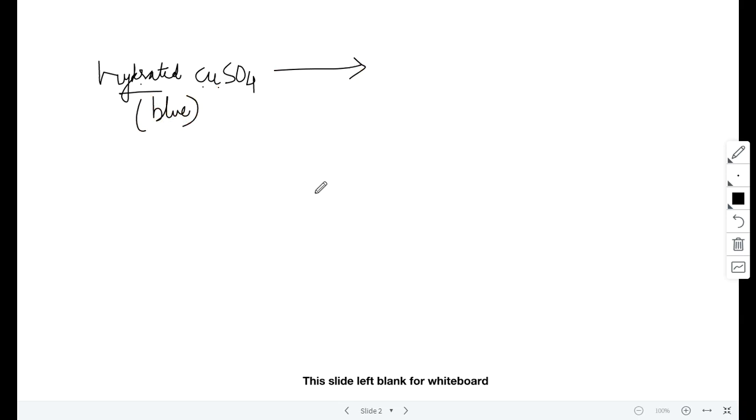So when you provide thermal decomposition, that means you provide thermal energy, the heat energy. When you heat it, this triangle is the sign of heat. You understood? This is a sign of heat. So now when you provide heat, what will happen? The water will start evaporating, right? From the hydrated. So that means